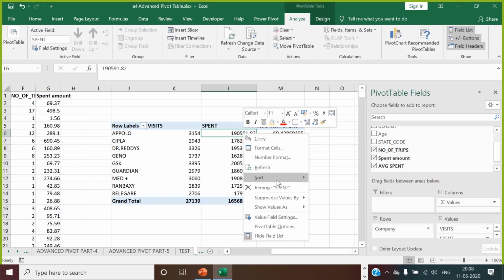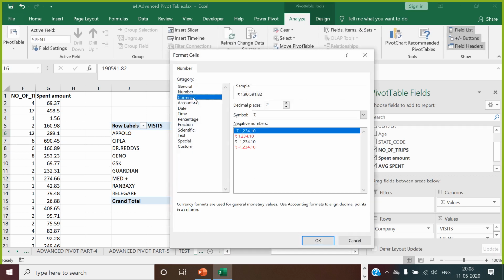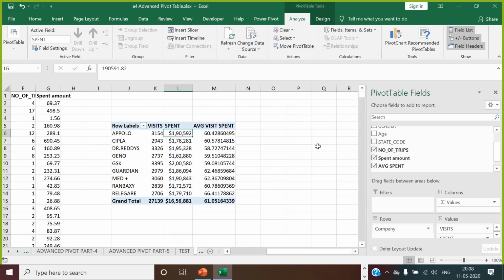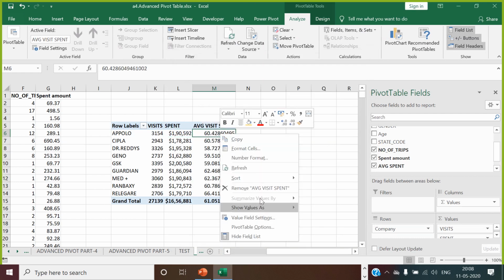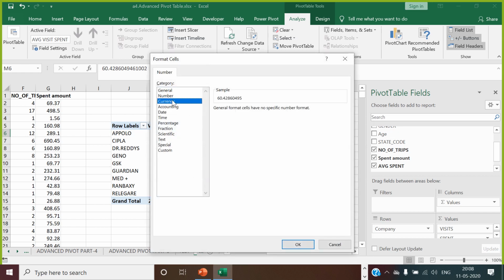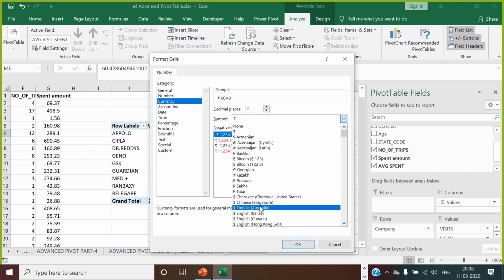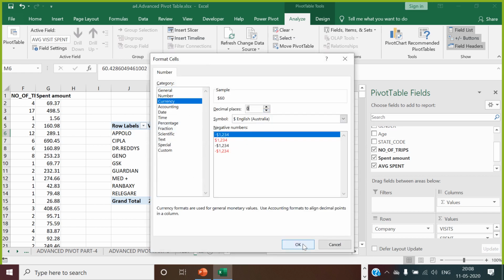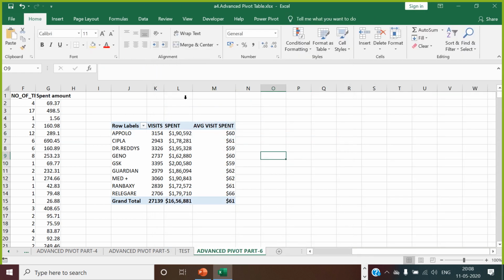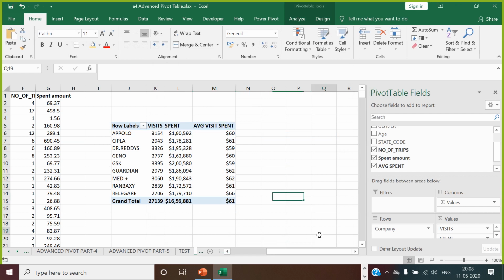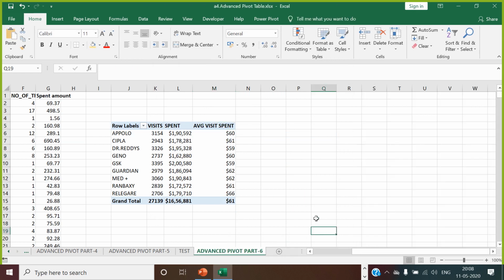Right click on this, go to number format, make it currency, Australian dollar. So this is how, guys, you get to know about the visit spends and the average spend. So this is called the use of a calculated field.